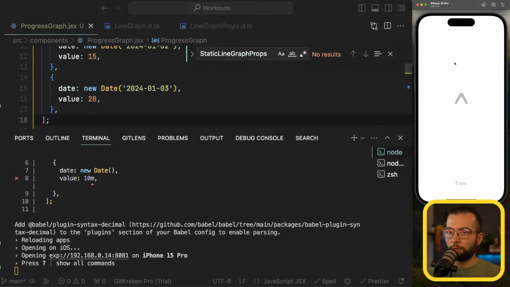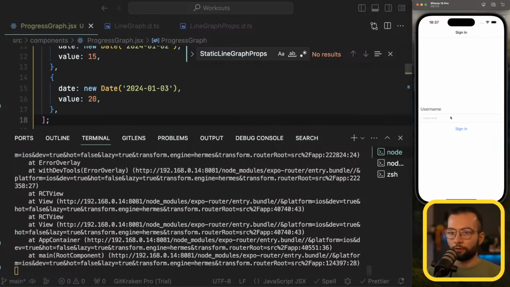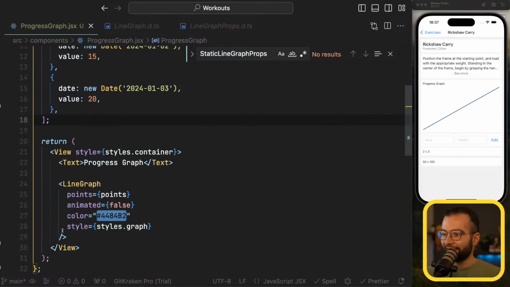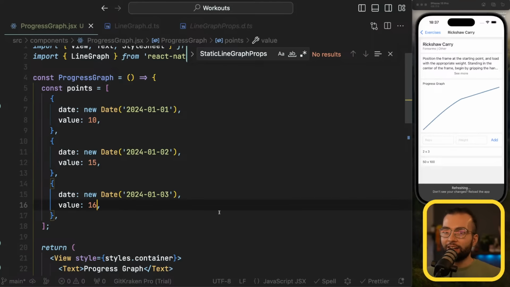Expo Go. Workouts. Okay. Now going to the first one. Hopefully we should see something. Yes, we see something. And if, for example, it's going to be, I don't know, 16 here, we're going to